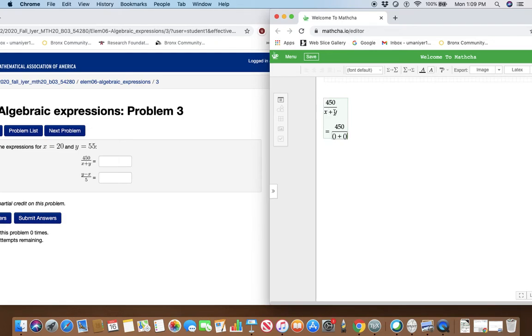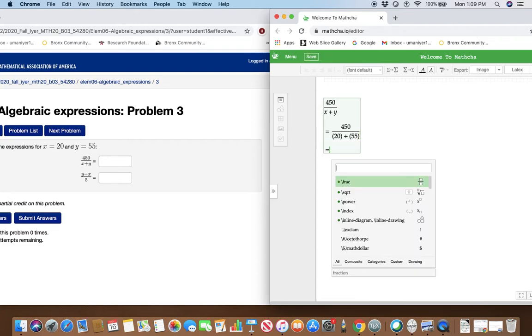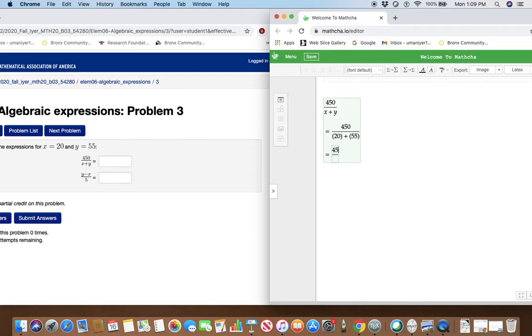Always where you see variables, place parentheses. So x variable is 20 and y variable is 55. So that gets us the fraction 450 over 20 plus 55,